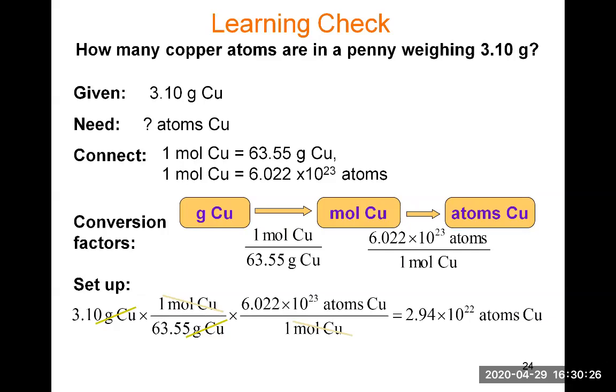So you want to pay attention to sig figs. The 1 moles are exact. The Avogadro number has 4 sig figs. The grams from the molar mass have 4 sig figs. And the given amount has 3 sig figs, because the 3.10 here has 3 sig figs due to the fact that we see the decimal point. So the 0 is significant. So we want to round to 3 sig figs,